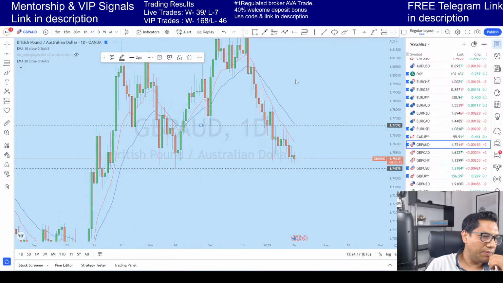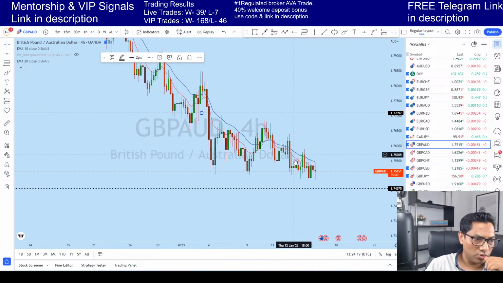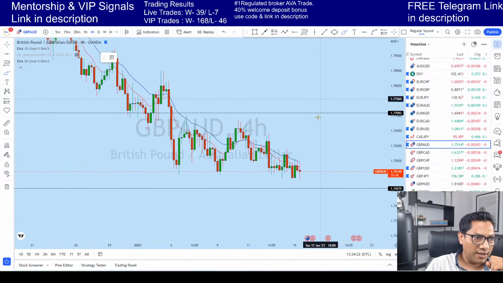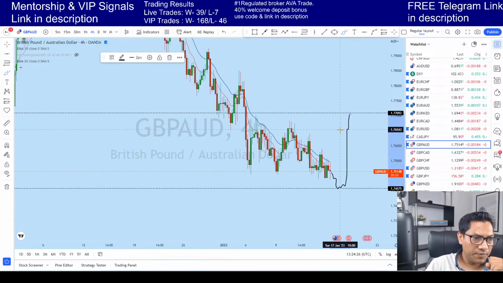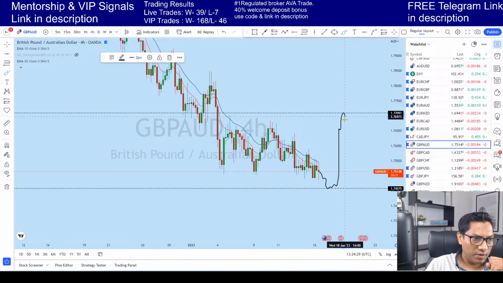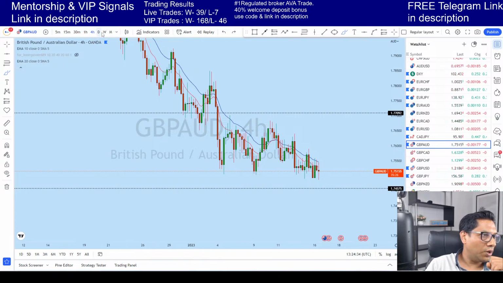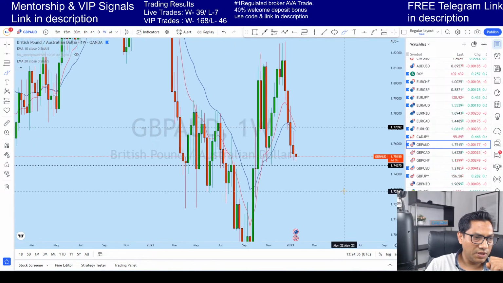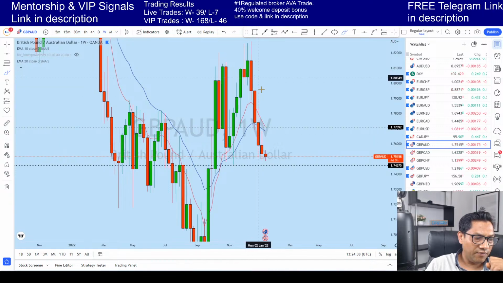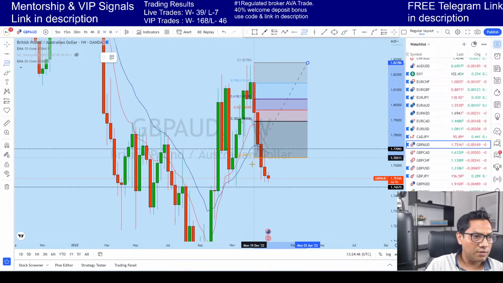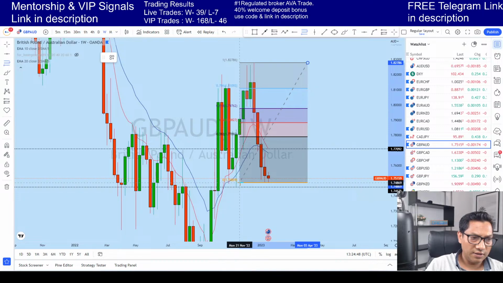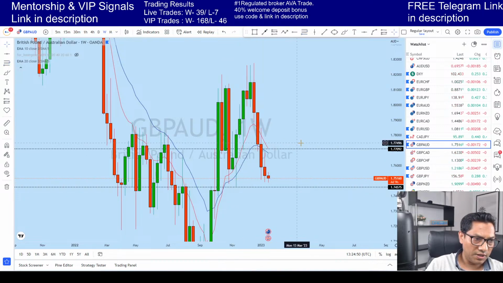What I think GBP AUD will do, as you can see this one is also sideways, is that at some point later this week we might see it reversing, and from that zone we could see another drop. If you look at this weekly price action, we see the same thing: there isn't enough retracement to the upside on GBP AUD. If we take our Fibonacci, there is still a high probability for this price to go up.